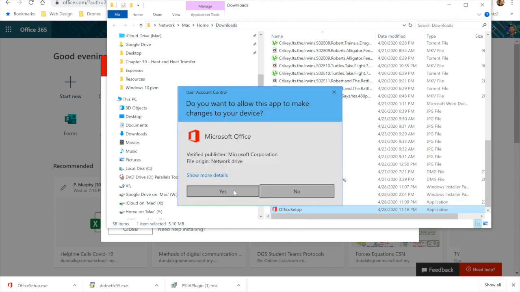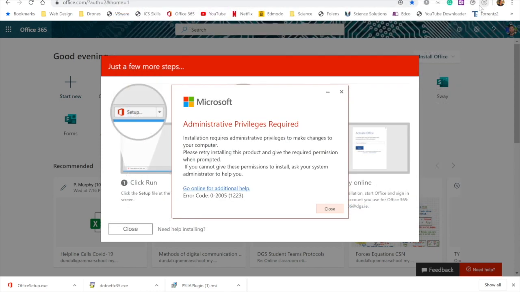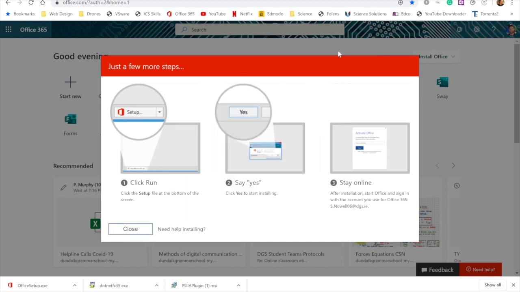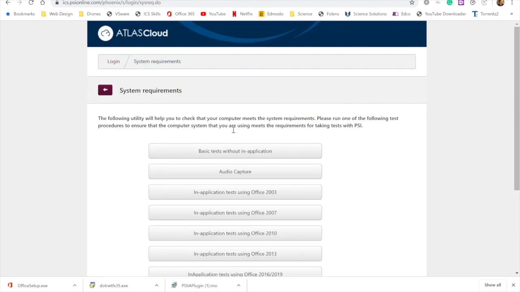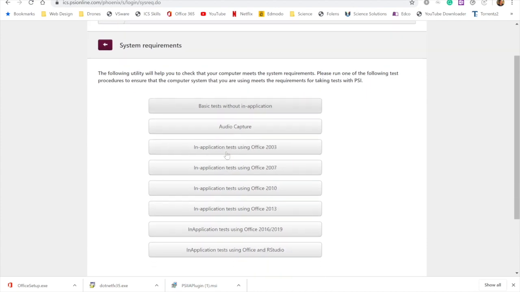Now I'm not going to actually say yes because I have it already installed. Okay, so that's all you have to do, and then Office 365 will be installed on your computer. You can run this test again. Let's go back here, and you run the first test, and you run the Office 2016 test, and then everything is done. Okay, so I hope this is helpful. As I said, if you have any problems, please call me on the DGS helpline, and I will facilitate remote